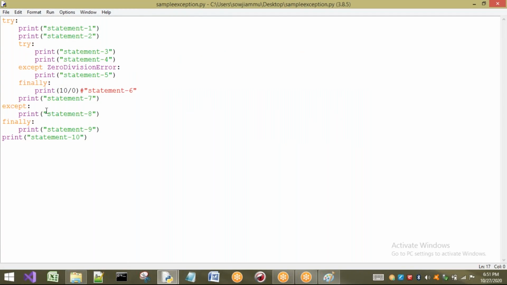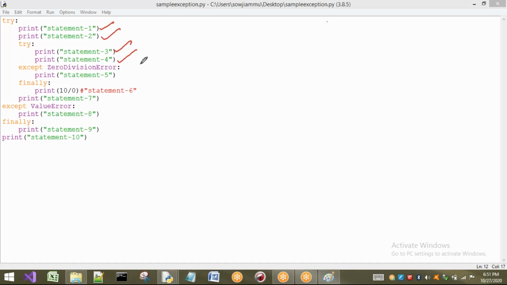I am going to change this except block. That means here there is no corresponding except block; I am going to take ValueError. So what is the exception we are going to get? Arithmetic exception, or rather, it is a ZeroDivisionError. Is there any ZeroDivisionError except block here? Not there. So what happens? The program is going to be terminated abnormally.